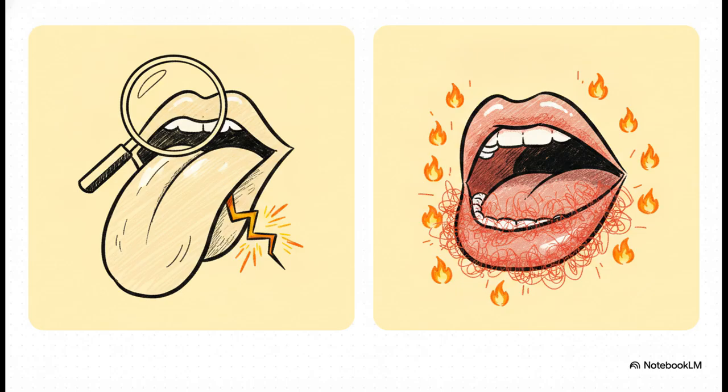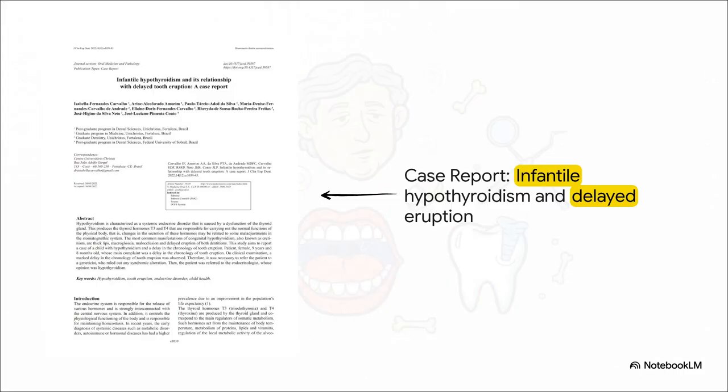So when your patients complain about these things, it's not just in their heads, it's deeply rooted in altered neural and mucosal development. And wow, do these complications get even more pronounced in our pediatric patients? In kids, severe hypothyroidism, historically called cretinism, causes massive delays in tooth eruption and cranial development. When you have an 8 or 9-year-old sitting in your chair with severely delayed tooth eruption chronology, you have to